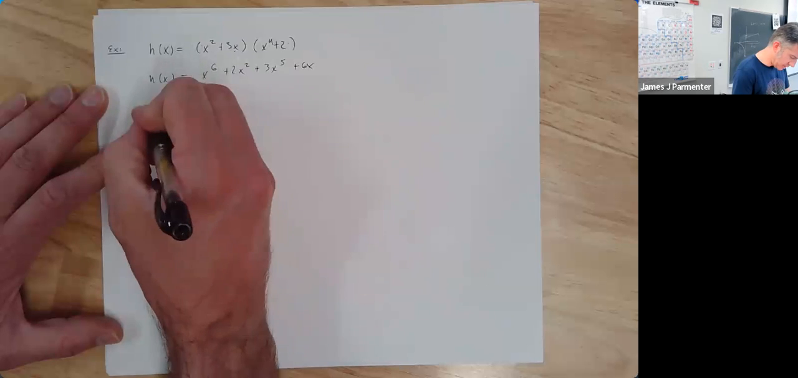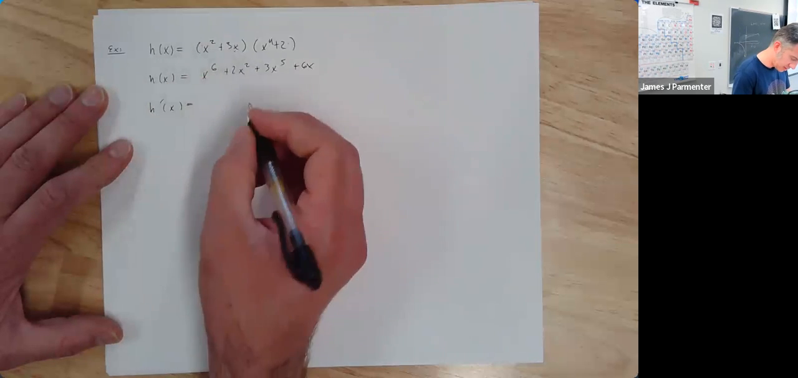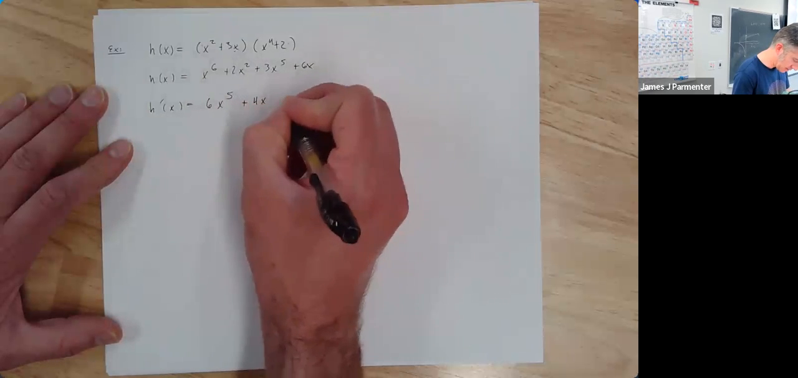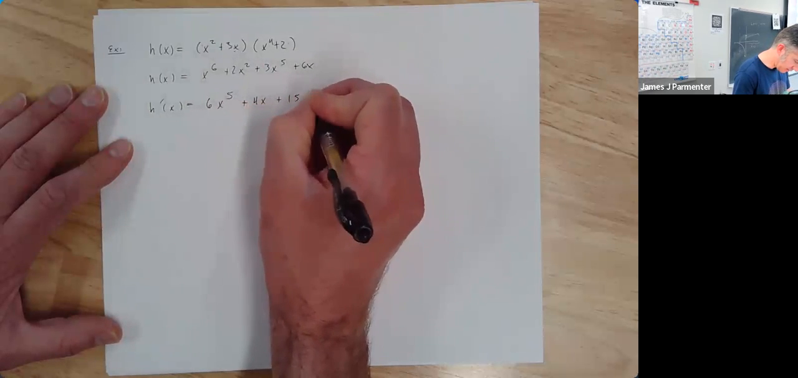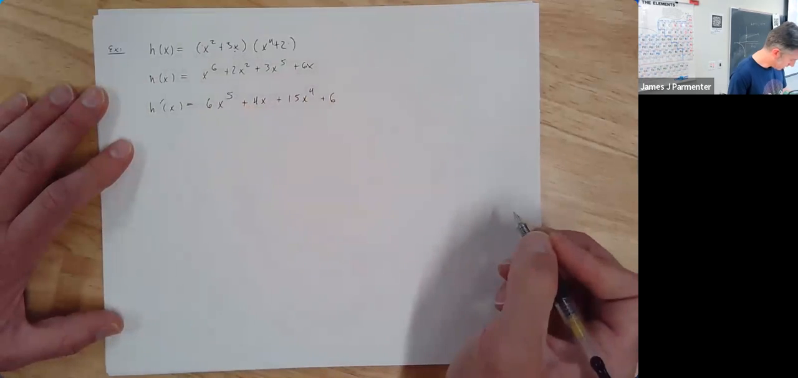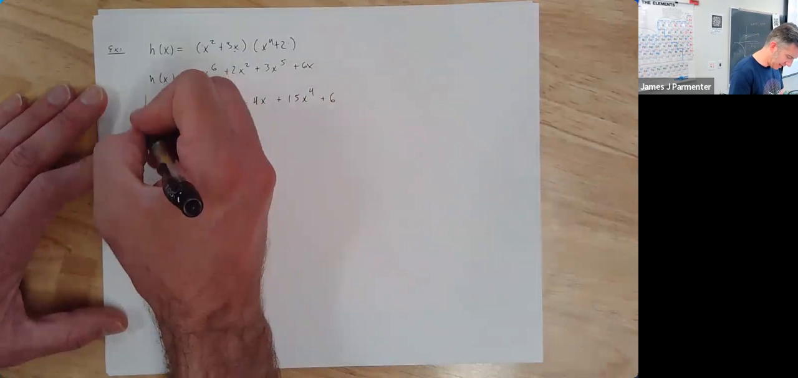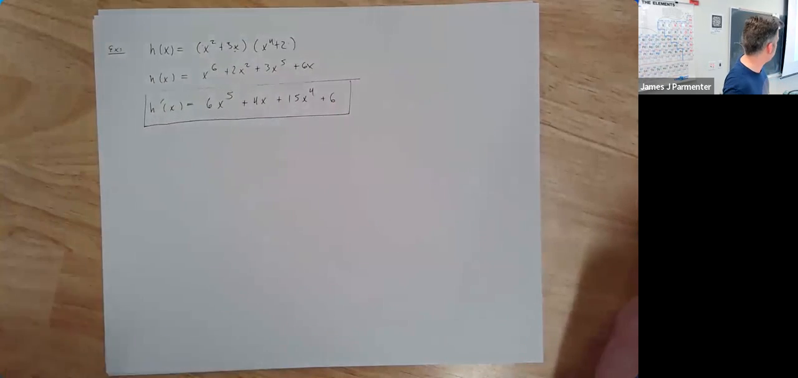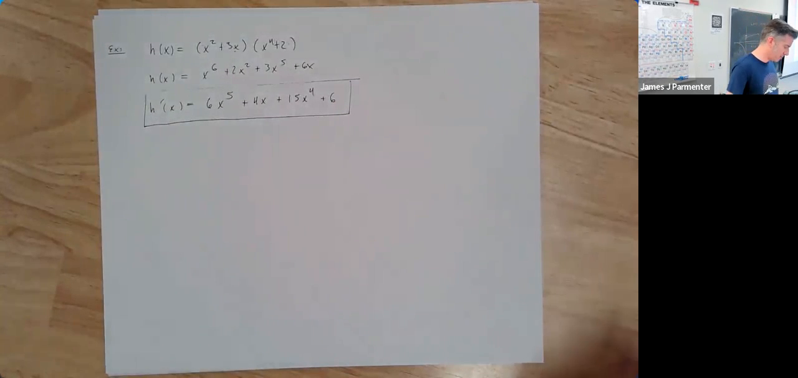Then the derivative can easily be taken as 6x to the 5th plus 4x plus 15x to the 4th plus 6. And I guess I could leave it like that, even though it feels a little bit wrong. I would really probably rewrite it so that the powers were in descending order, but not a crime to not do that. I do want to point out, because it's really important,